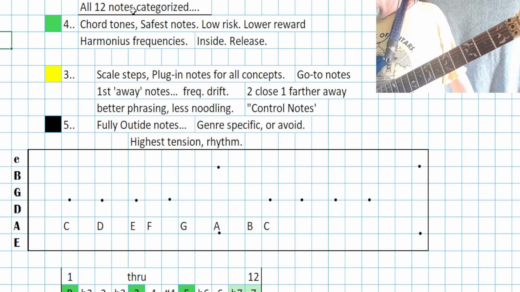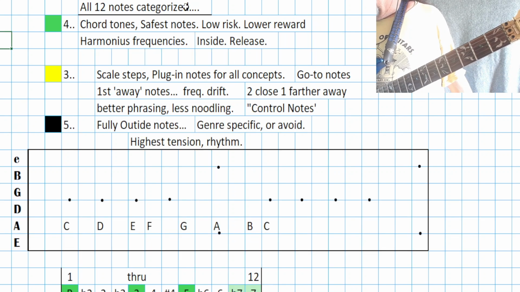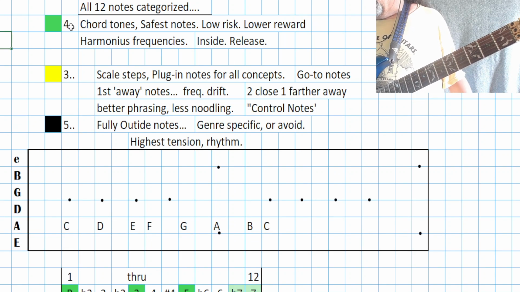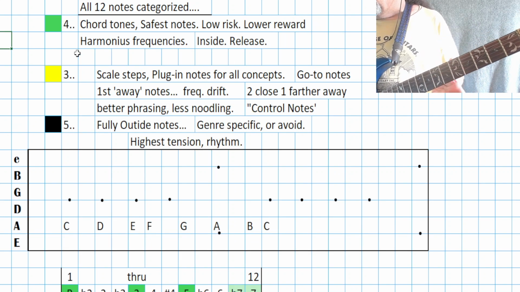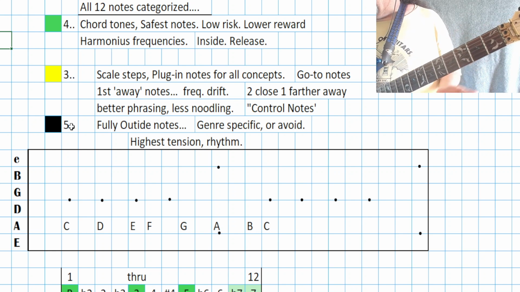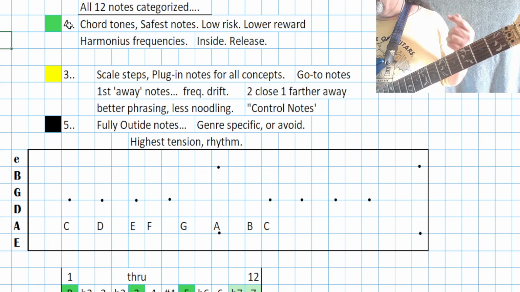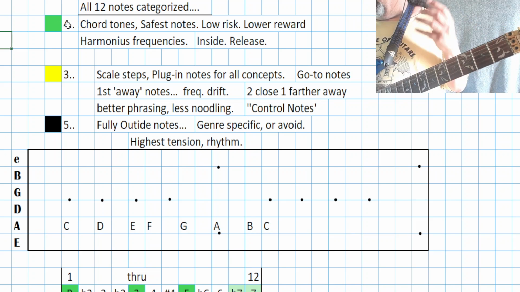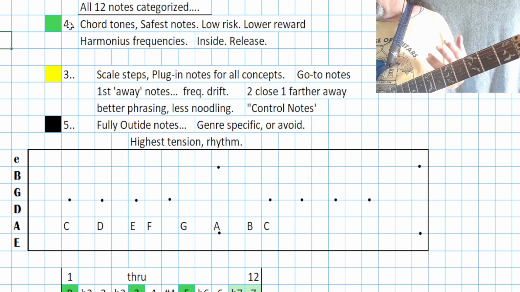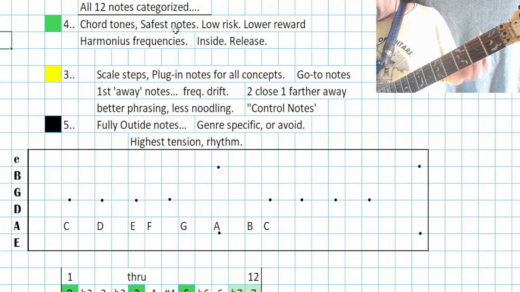We've got to get all 12 notes categorized, so we put them into little groups. If we put a group of 4, it's easy to know 4 notes, easy to know 3 notes, and then 5 leftover notes. Okay, what are these notes, and why are they special in this organization? Well, 4 notes, 4 corners of a box. These 4 chord tones create your safest